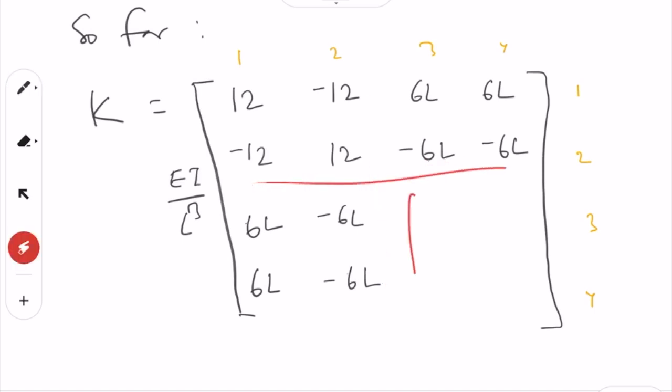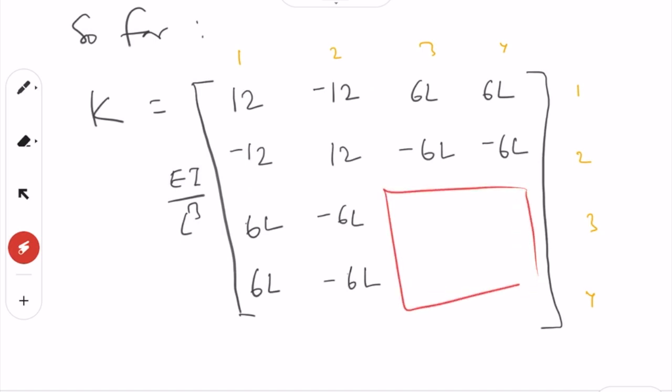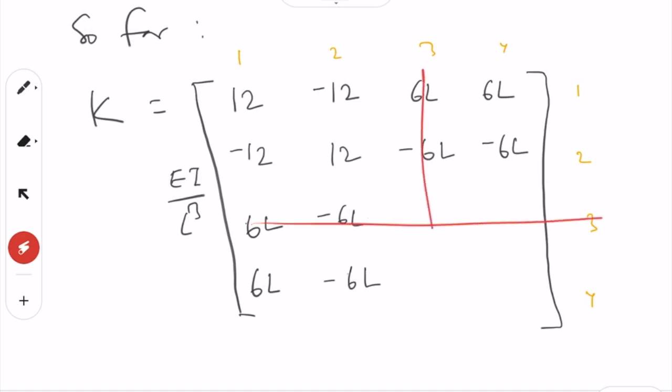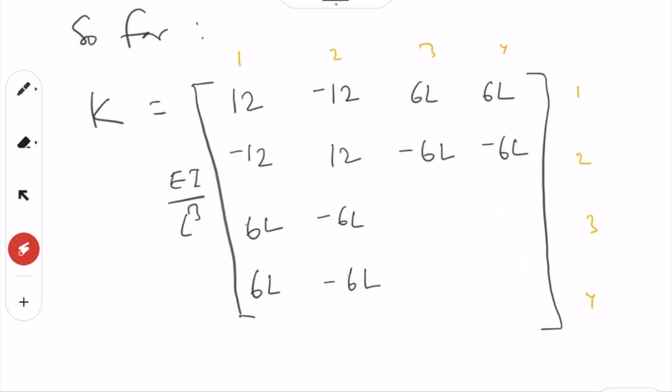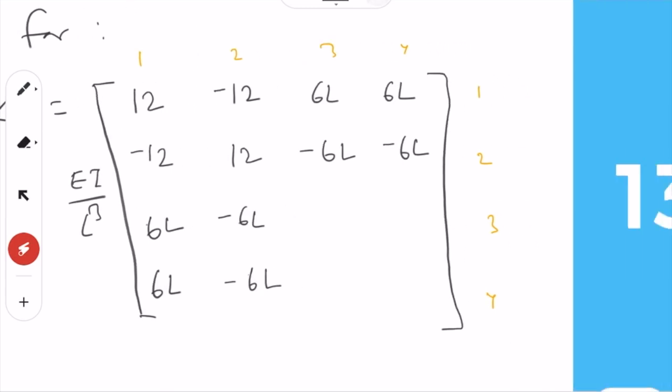Now, the only thing here is what we do not know. What remains is K33, K44 and K34. Once we know that this will be equal to this, there are three things remaining: K33, K44 and K34, which will be equal to K43. So there are three things we have to find now. Let us find K33 now, and for that we have to find out